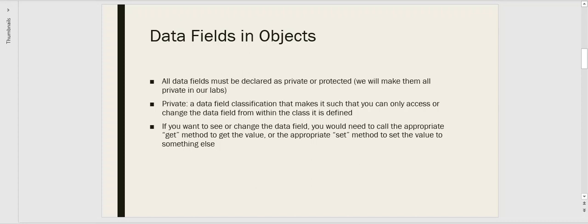Well, when we make objects, the default status we want to put on that is private. It says right here, private. It also says protected. Don't worry so much about protected. We're going to focus on private. What private means is that the value of that data field, of that variable, is controlled inside of the object